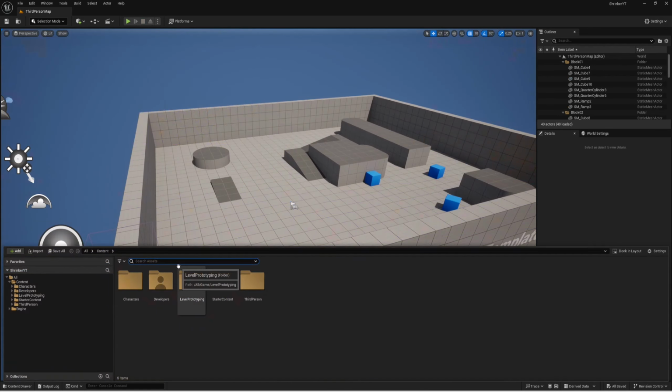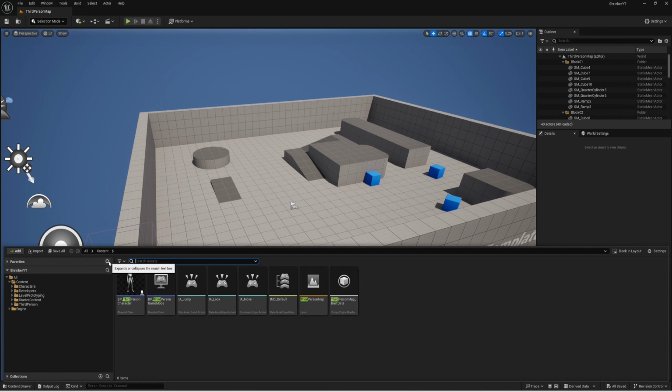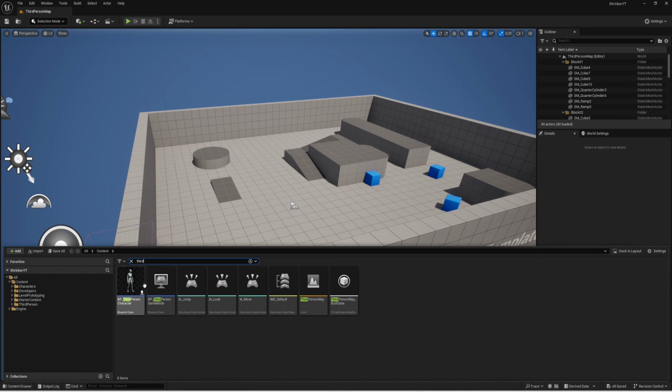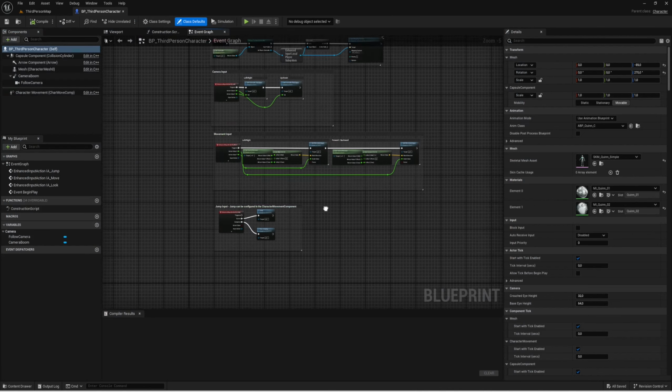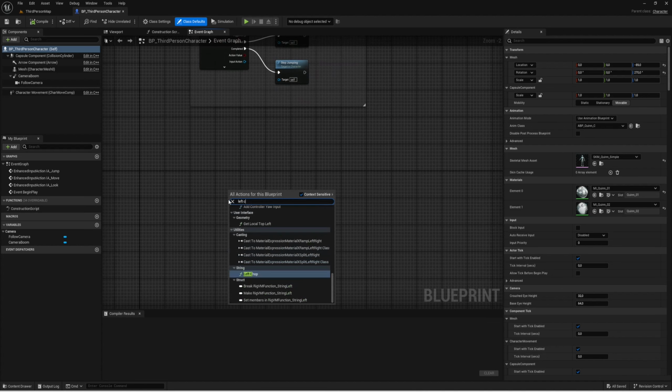Okay, let us just get started. Now basically most of it is going to happen inside our player character, so go ahead into your content drawer, search up your player character. For me, that's the third person character, and I'm going to dock that up there. Now I'm going to use left control to trigger this. So left control,